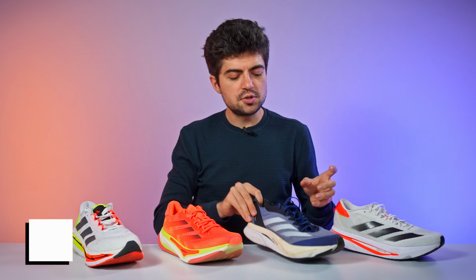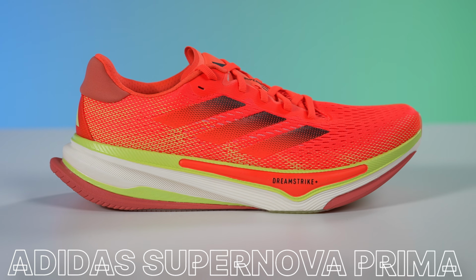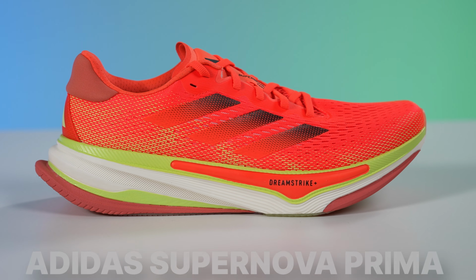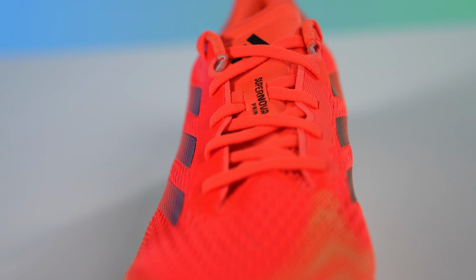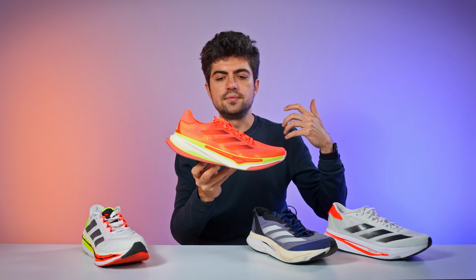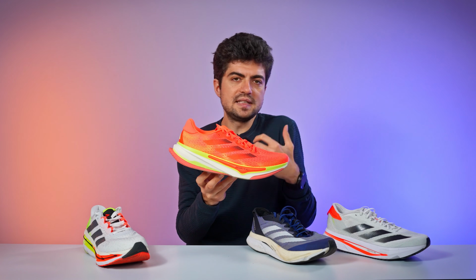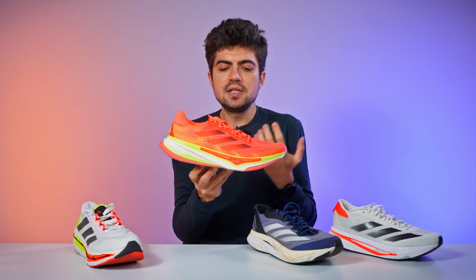Let's move on to the shoe priced at €170. This is the Supernova Prima. This is the least performance-oriented shoe out of the 4. It's a more premium daily trainer. It will not sustain faster paces. It will not go on the track on your threshold runs, on your interval sessions. It's a shoe basically for everything from recovery pace up to endurance pace, especially if you're running a bit more